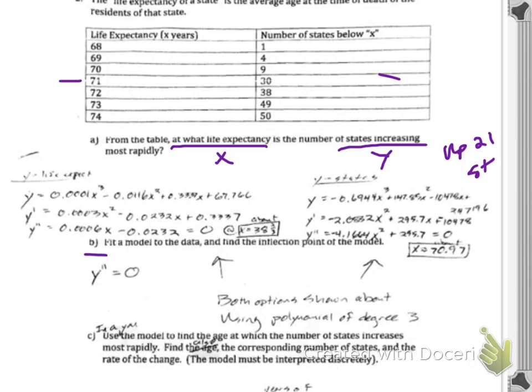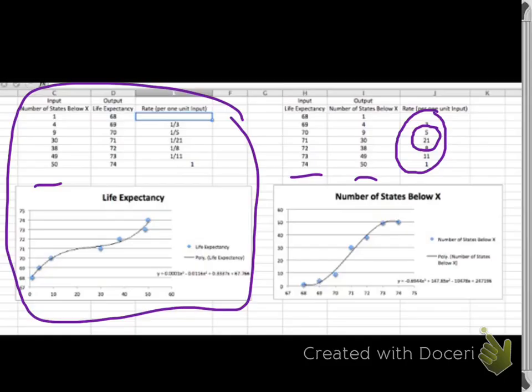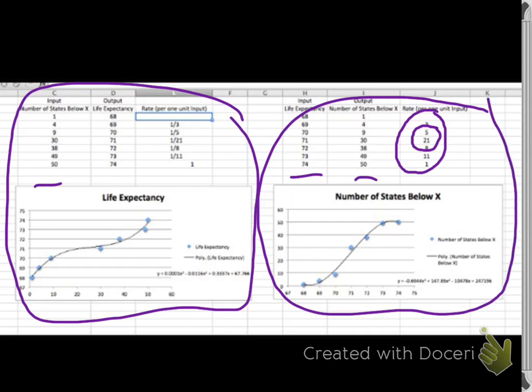The second piece is, part B says fit a model to the data and find the inflection point in the model. Well, to find an inflection point, there's two ways to graph this. I'm going to go with the second option, the one on the right-hand side. So this is what we're going to end up using, the one on the right-hand side, because the point of inflection that happens in this one